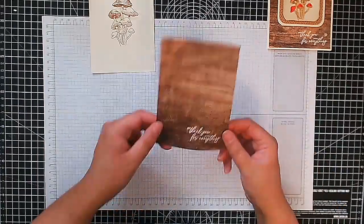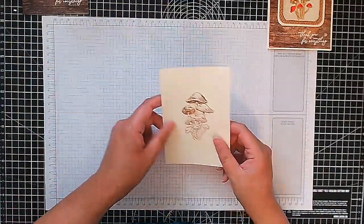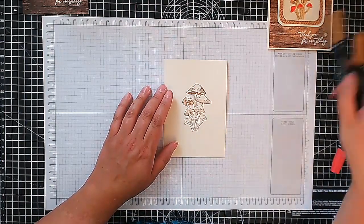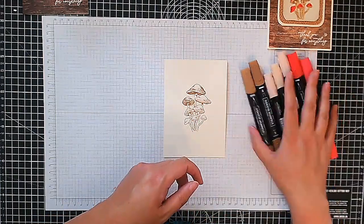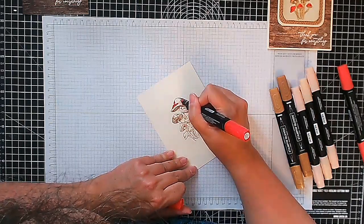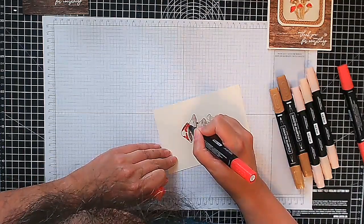Okay, so now let's heat set this. I'm going to take my heat tool, which I've let heat up for about 30 seconds before bringing it to my project, and I keep moving it all over the project, as you can see, until the powder goes nice and shiny. You can see I also gave my image a little waft with the heat tool, so it was nice and dry. Now we're going to start colouring, and we are going to use the Stampin' Blend alcohol markers,